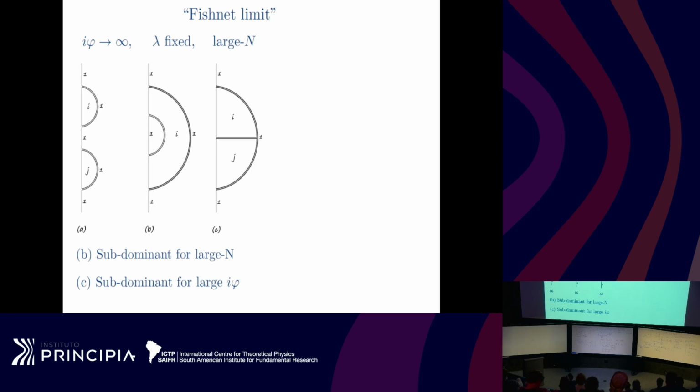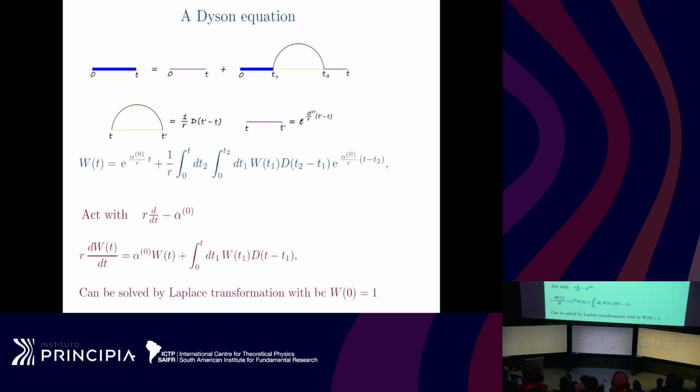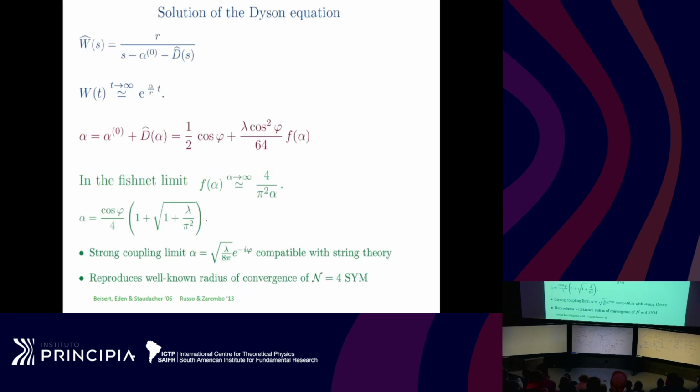And then you can argue which diagrams are important in this limit, and it turns out that due to some particular large N counting, diagrams of this type are not important, and because of this limit, diagrams which have vertices are also not important, so only these type of diagrams are important. And one can write down a recursion relation to determine these diagrams. This recursion relation can be massaged into some integral differential equation that we can solve by Laplace transform. And the solution for the Laplace transform of the Wilson loop takes this form here.